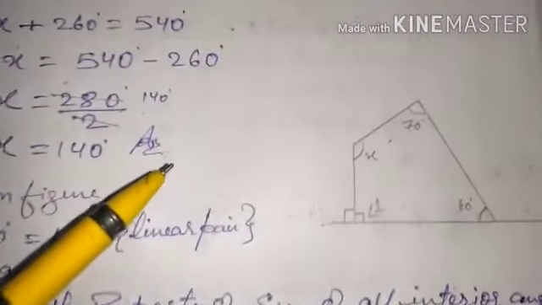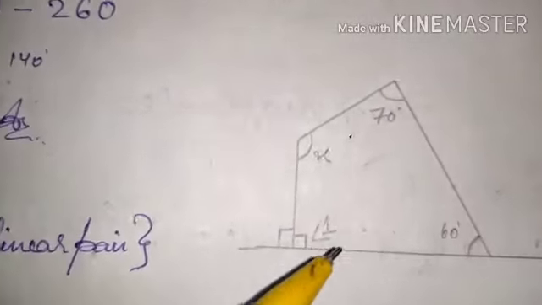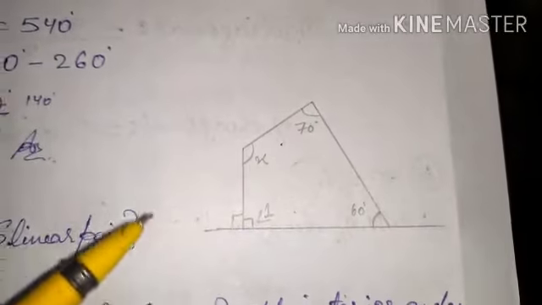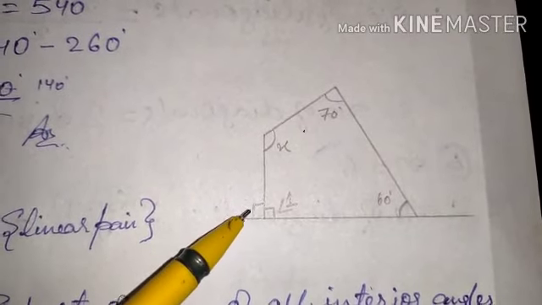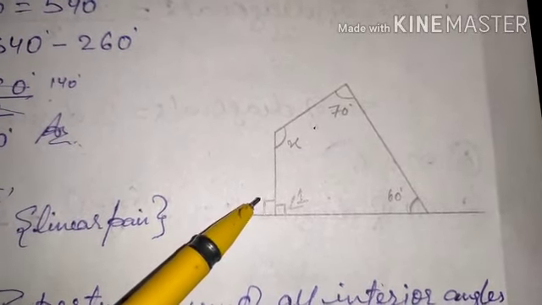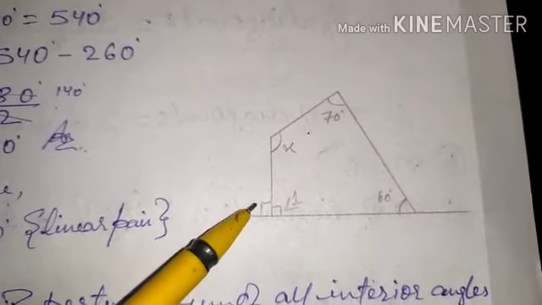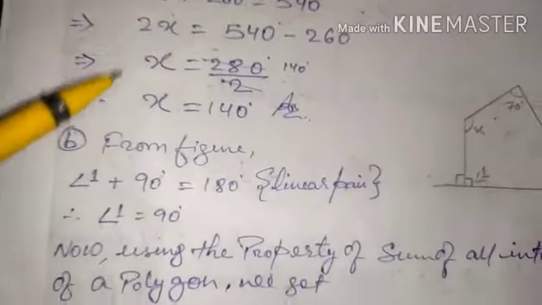Okay, now moving on to another one, so that you should understand about this. So this is the figure of the second one. Here also I named it as angle 1, and this sign represents that this is a perpendicular, so it means it is forming a 90 degree angle. So that I'm taking. Okay, so directly start.